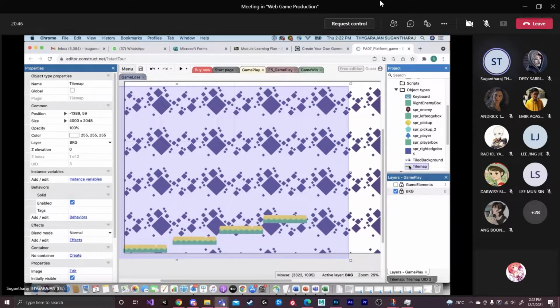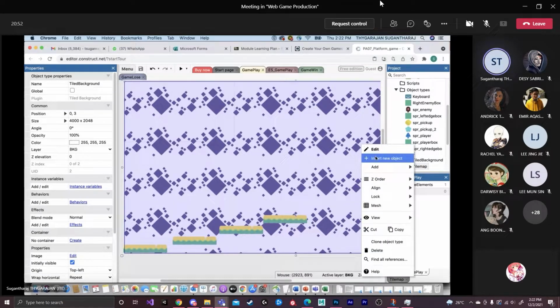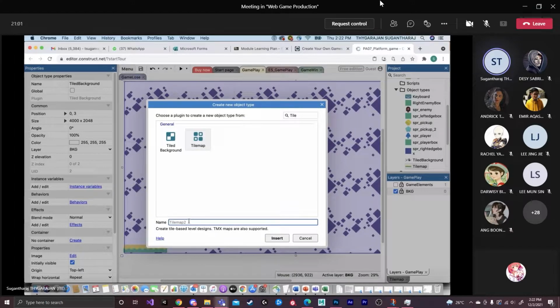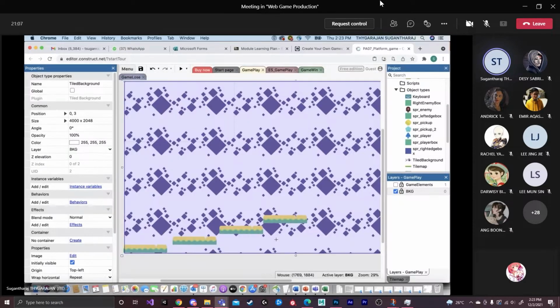The thing is, actually how it happens is, let me create one more, insert new object, then tile map. Maybe I make it as tile map 2. Then I insert.